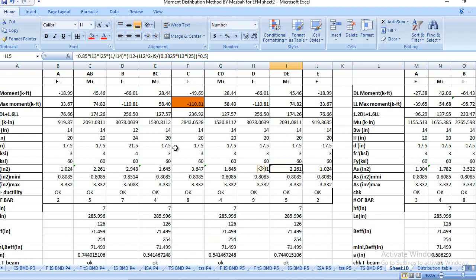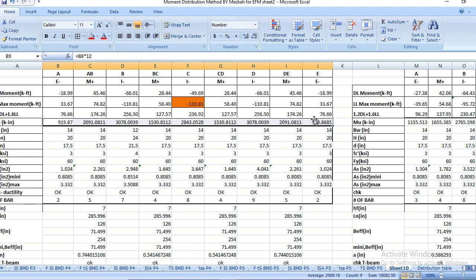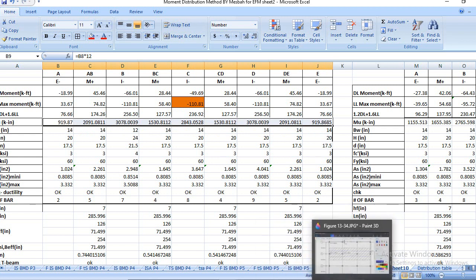The next thing is that you have to check these moments with your approximate moment coefficients, that is 1 over 11 and 1 over 19, 1 over 14, 1 over 16, 1 over 9 or 1 over 10. Okay, and check whether these results are close or not close. Clear? Now discussing here